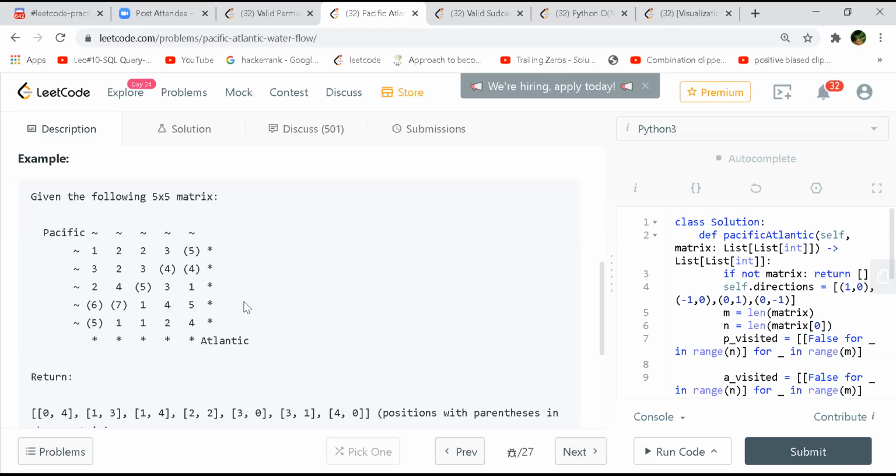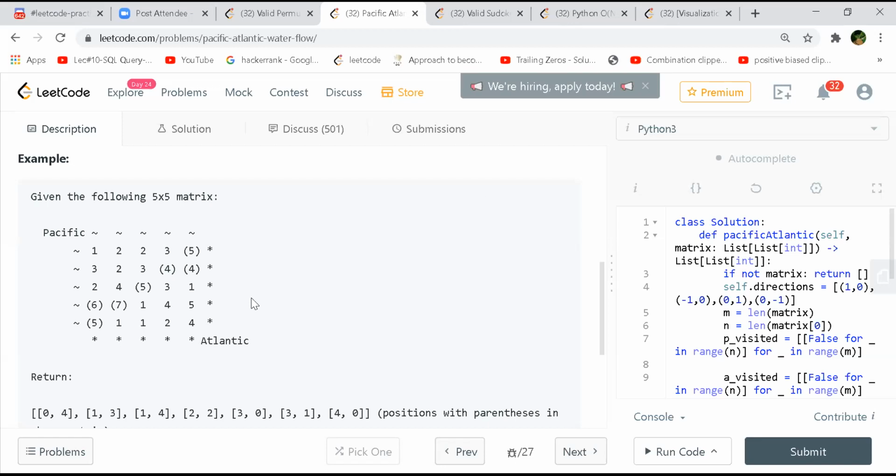So then, what is the best way to do it? Yeah, so one way would be we start from the edges where the Pacific and Atlantic Ocean start. We do this in a reverse manner, so the water will flow from the Atlantic into the given matrix, or from the Pacific into the given matrix. And now at any node, if both the waters are present, this means that from that particular node, we can move to both the oceans. So we can include that particular node in our final answer.